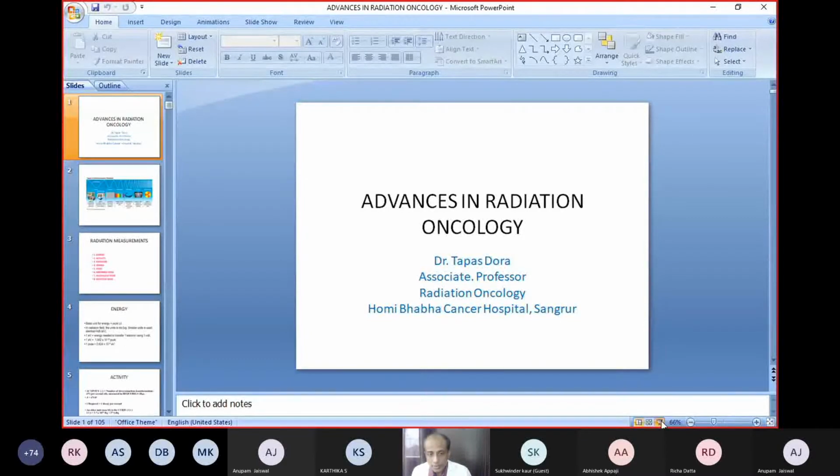But radiation is not a single man's effort. Like I am a radiation oncologist, I cannot treat the patient on my own. It is a multidisciplinary treatment involving so many persons in the background before delivery of the actual radiation to the patient. So who are the team members in the radiation oncology department? The doctor is called a radiation oncologist. I belong to this fraternity, and then comes the medical physicist. They have done an MSc in medical physics.